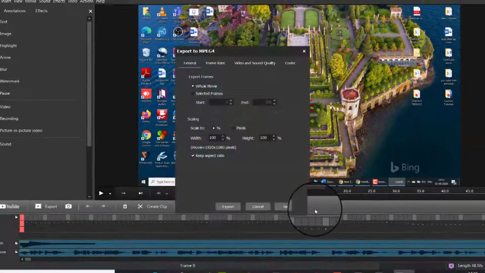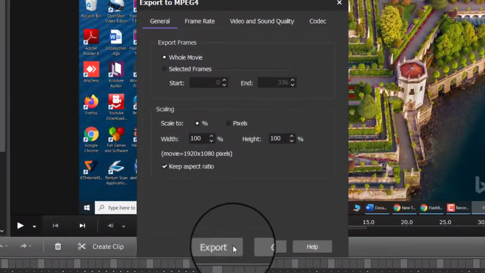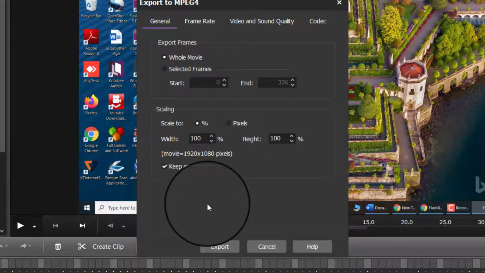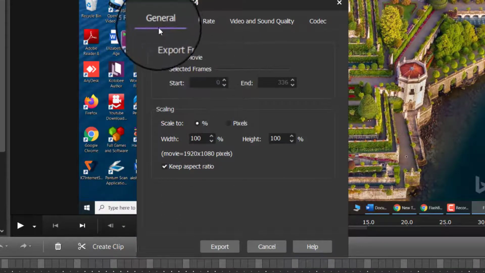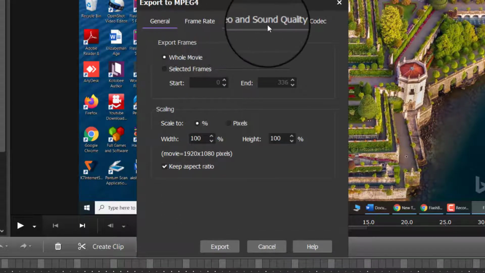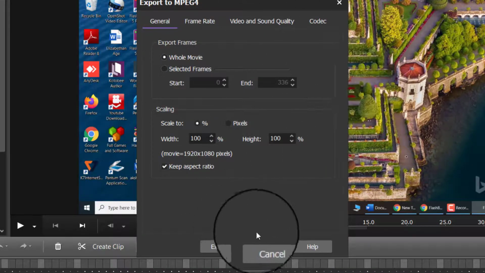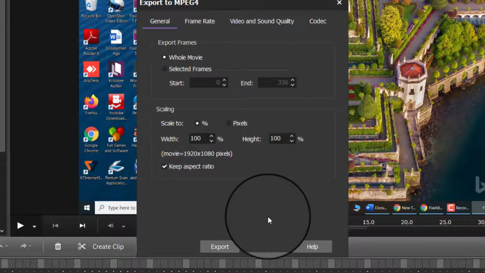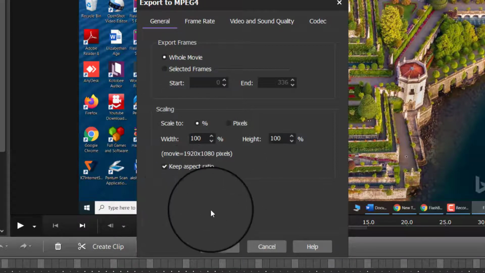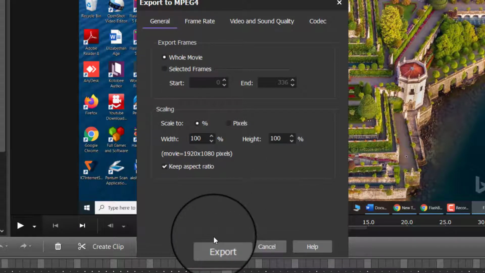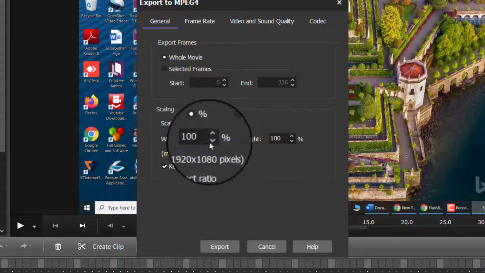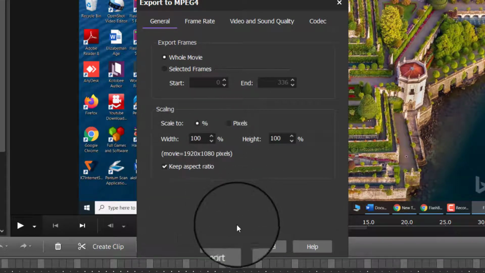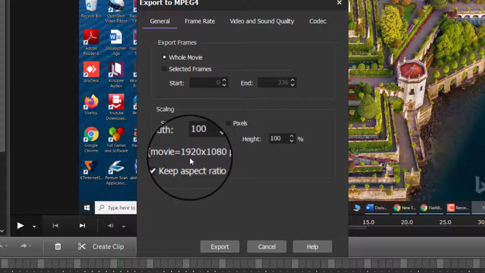Now export. It asks how you want your video to appear. So I want the search engine, frame rate, video and sound quality, product. So these are the options it asks, but in your case it won't ask all those things because it is a free version. So it will ask simply to export. You just export your video. So I will set our things. Okay. So usually keep this ratio 19:20. It is a good ratio for YouTube.